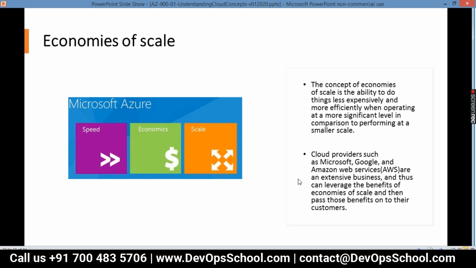Whenever you approach any client, you have to discuss only 3 points. The speed of the cloud, and this much percentage, 30 to 40% we will save you annually. And what is the scale? What kind of scale requirement? Scale means, whatever organization you are approaching, do they have trained skilled engineers or not? That part you also have to discuss. If they don't have, you have to provide the service. Okay, I think it's clear.